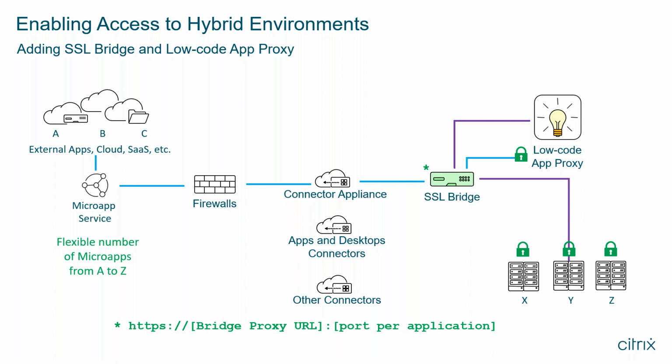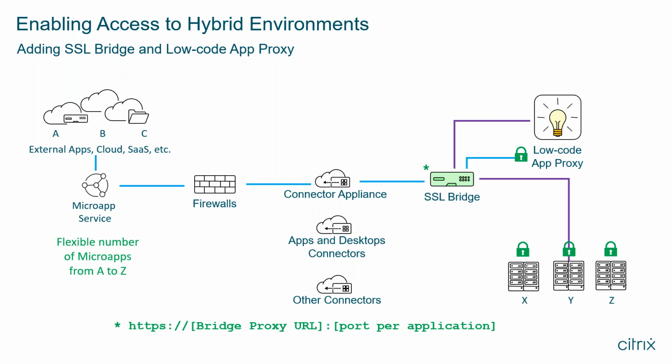So this way, we're decoupling our app proxy and our micro app service from the knowledge of where our target systems are located. SSL Bridge will know about the physical location, right? Basically, what the IP addresses are that we're supposed to forward the traffic to. But SSL Bridge will not see the traffic because it's encrypted and it's pass-through traffic. At the same time, the local app proxy and micro app services will have no idea where those systems are, nor should they really care, as long as we can direct it to the right port on SSL Bridge and then forward it.